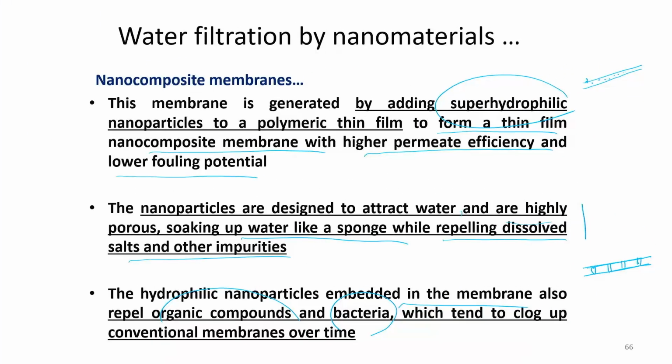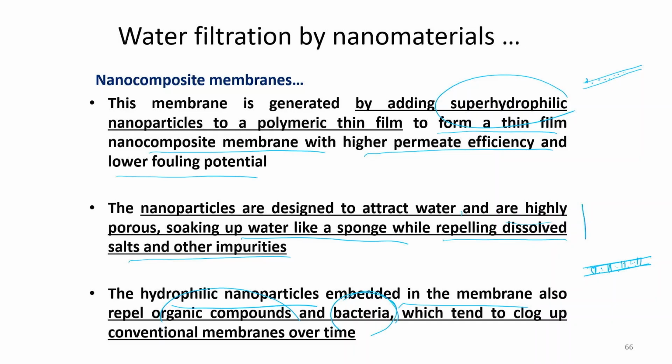And if we embed hydrophilic nanoparticles within the membrane polymer, what will happen? It will repel the organic compounds and bacteria, and mainly clogging of the pores takes place due to this deposition of bacteria and organic compounds, which blocks the pores. So, clogging